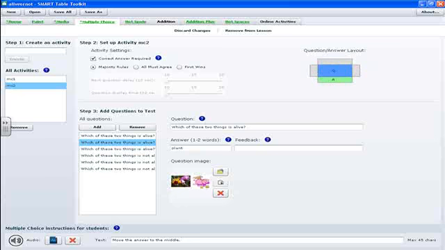Let's go to a better one. Here we go. A flower and a piggy bank. And the question is, which